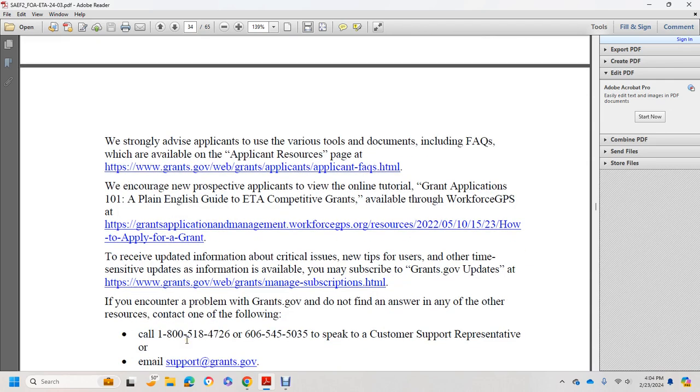Receive updated information about critical issues and tips for users. Be sensitive to updates and information available. You may subscribe to grants updates at Grants.gov Web Grants Manage Subscriptions. If you encounter a problem with Grants.gov and cannot identify an answer in any other resources, contact one of the following: